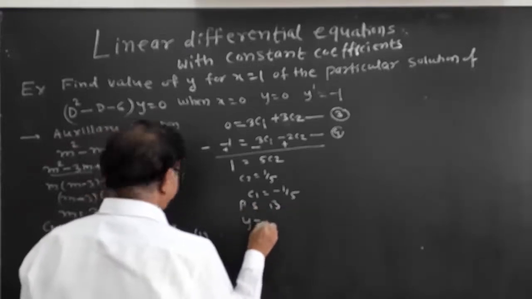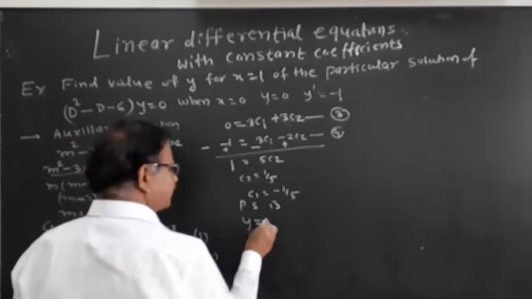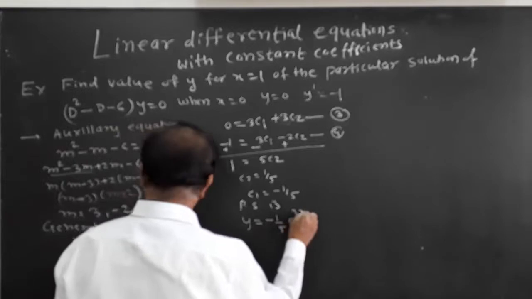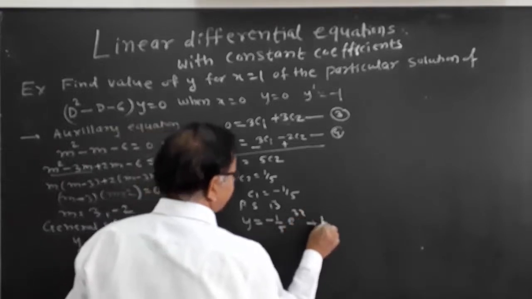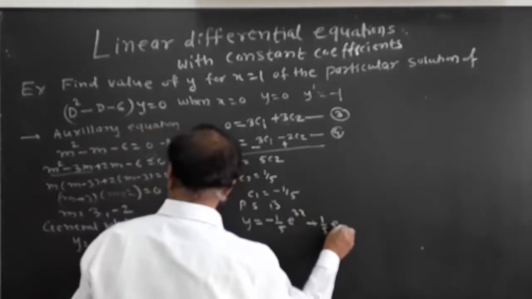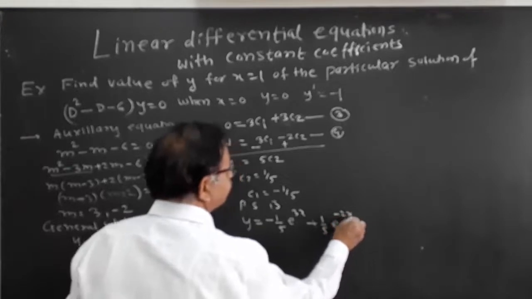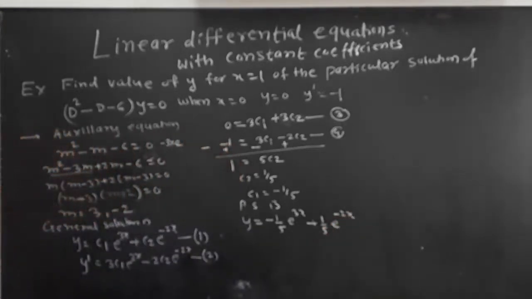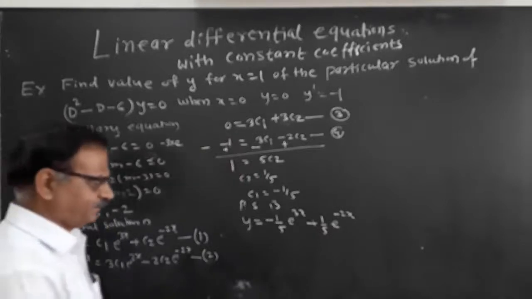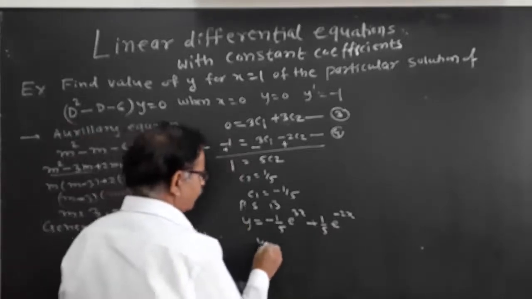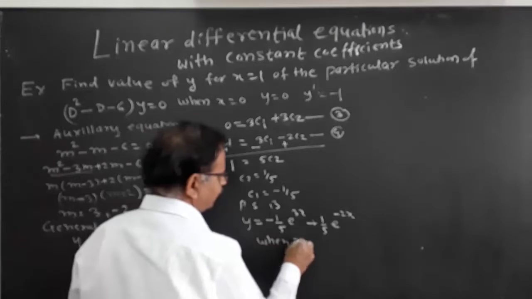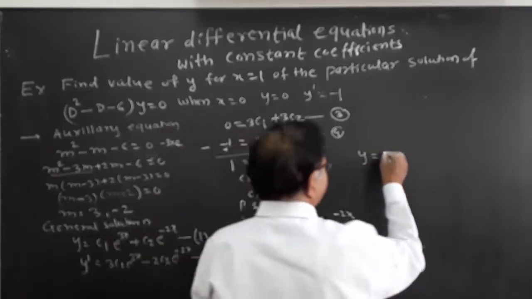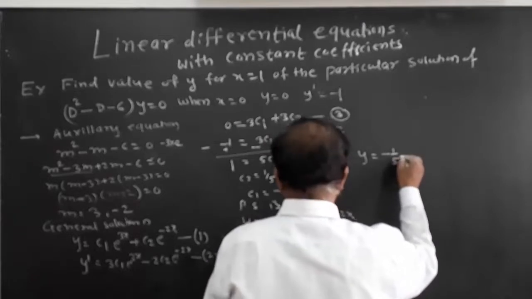y equal to minus 1 by 5 e raised to 3x plus 1 by 5 e raised to minus 2x. Now, we have to find the value of y when x equal to 1. When x equal to 1, y equal to minus 1 by 5 e cube